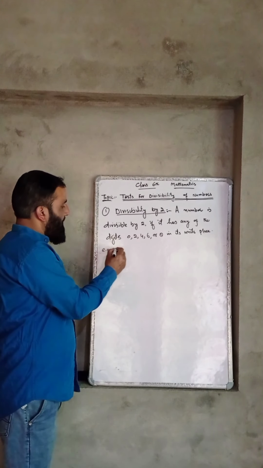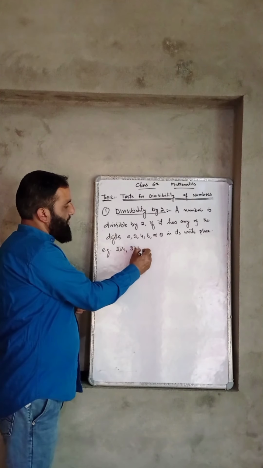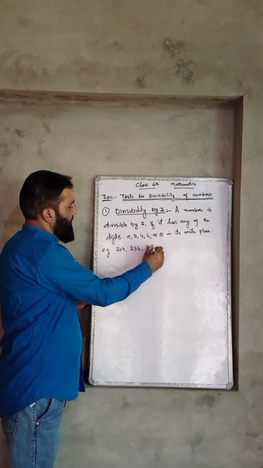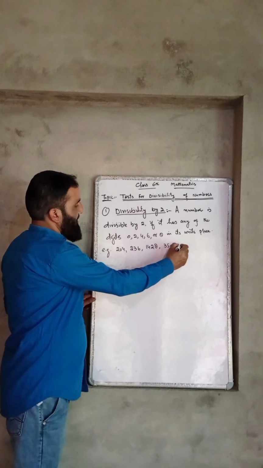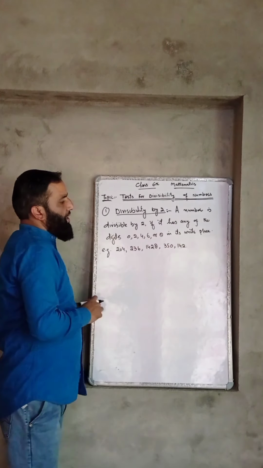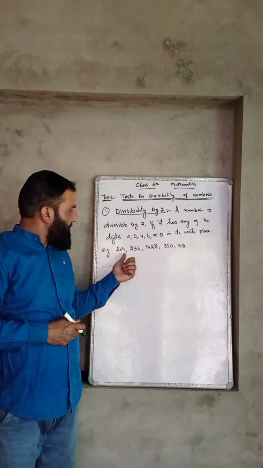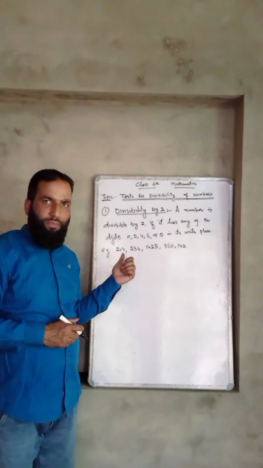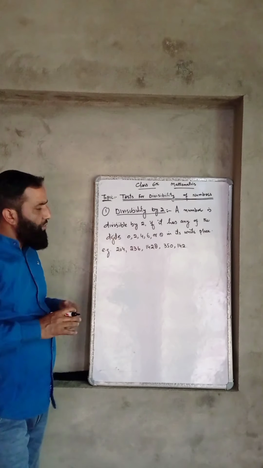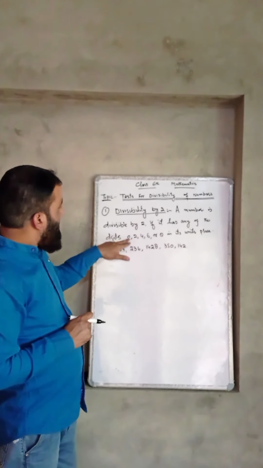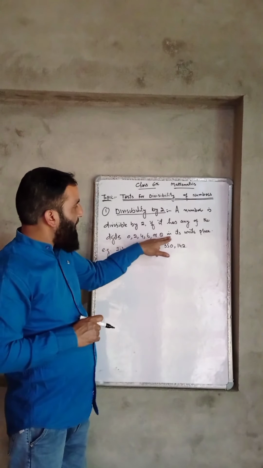Example: 204, 231, 6, 1428, 350, 162. Dear students, suppose we are supposed to check whether these numbers are divisible by 2 or not. We have to remember that only those numbers are divisible by 2 which have 0, 2, 4, 6 or 8